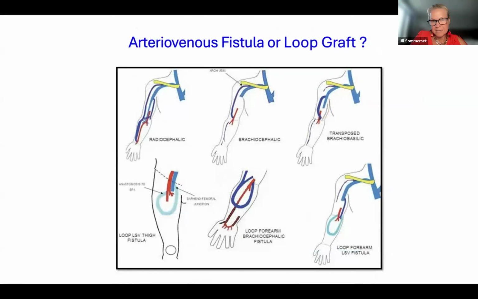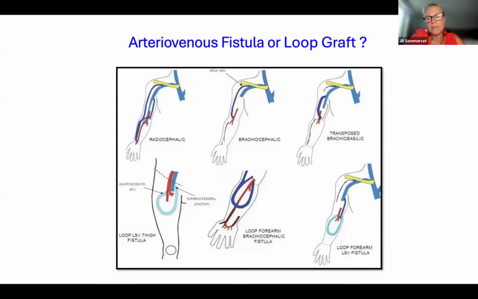So there are many different types of AV fistulas and grafts that Carrie talked about. We generally like to start as far distal as possible, so a radial to cephalic arteriovenous fistula. If that distal radial or cephalic vein is not of adequate size, then we can move up to the antecubital fossa and look to the brachiocephalic. And then we can also look at the transposed brachiobasilic. And then the last option is a loop